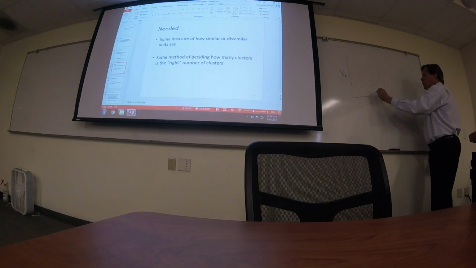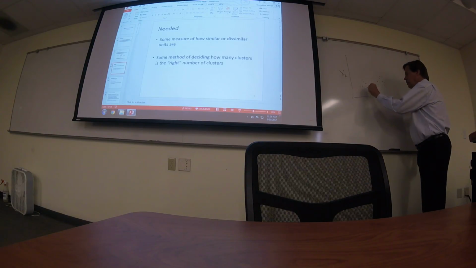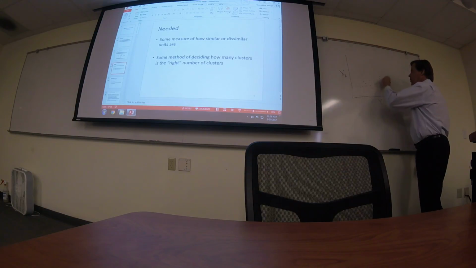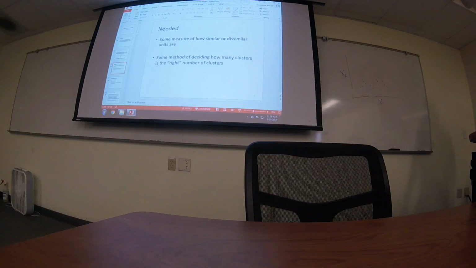And another method might get this, and all this. It's like, what are you to do? Conceptually, if there really are two clusters, then the methods should get sort of the same answer, pretty much. But